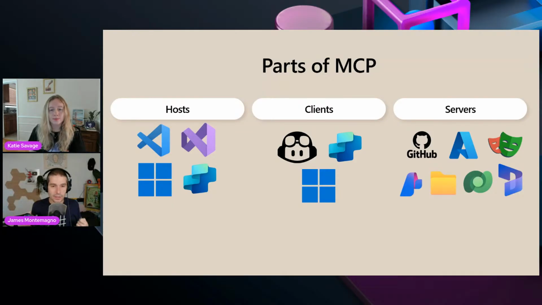A great example is connecting to a data source, like a database or APIs that are out there, to gather data when you're building this out. Or one of my favorite ones is Figma, for example. We use Figma a lot here, Katie. I don't know if I know how to use Figma properly, but our designers do, and they have these beautiful designs. Figma has an MCP server. It enables you, in VS Code or in the coding agent or Visual Studio or any other thing that can talk to MCP servers, to communicate with Figma to go get the information from a design file and extract it back. And then Copilot can take that and turn it into code, right? So it's able to do that.